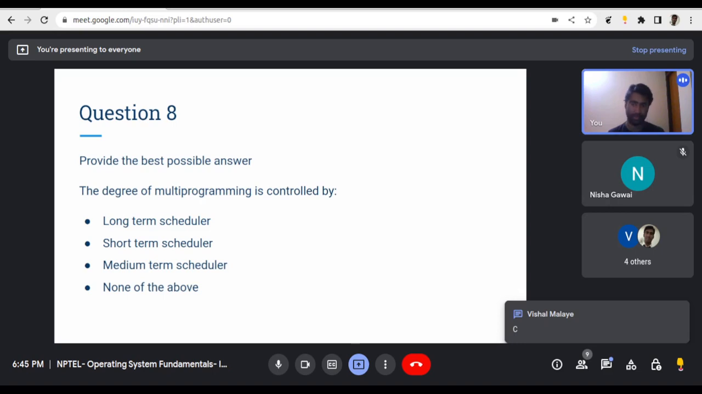Vishal says C, medium term scheduler. Okay, let me explain what a medium term scheduler is. Actually it's a mid-term scheduler. Apart from the 5 process states shown in the state transition diagram in the slides,